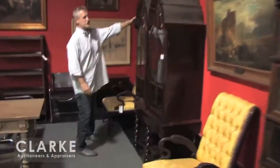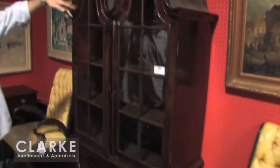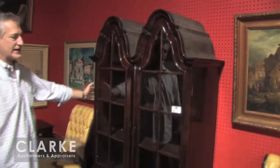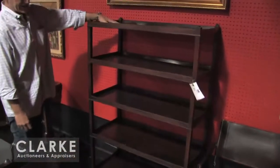Here's an 18th century, I suppose, Dutch, like tombstone top, double tombstone top cabinet on stand, sort of a William and Mary base. Very good age to this, 18th century. Simple but antique, a Sheridan